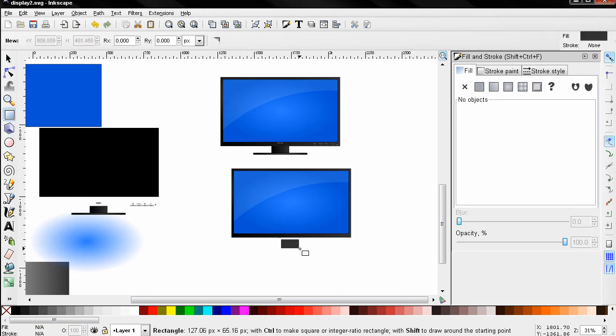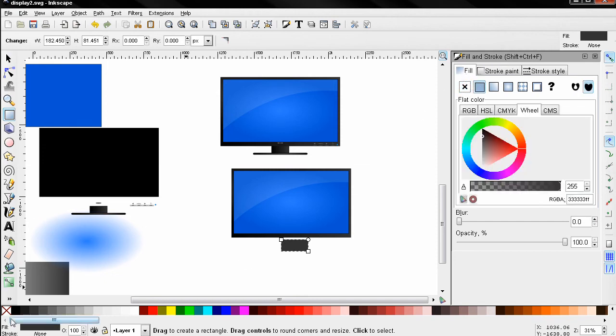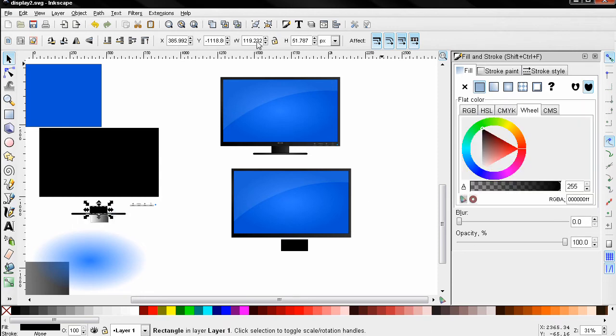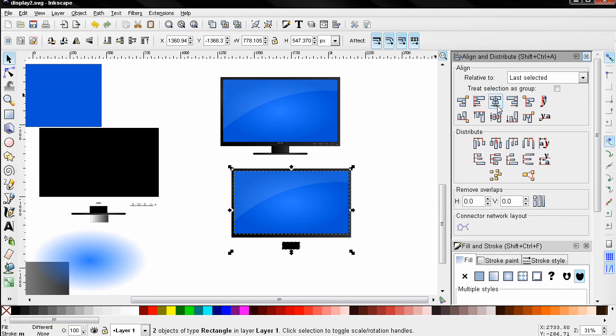Now I'm going to create another rectangle here. Make sure I have no stroke. For the fill, select the black color, and again I'll use this one here to copy the width and the height. Ctrl C, select this one, and Ctrl V to paste this here. Now I'm going to shift select this part and use this option to align it,